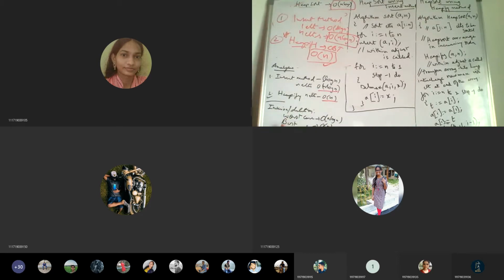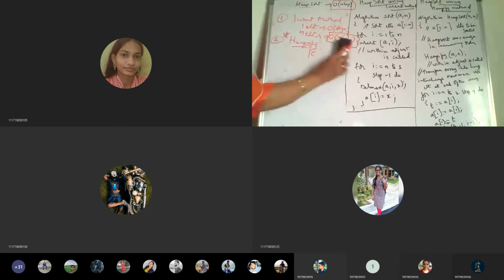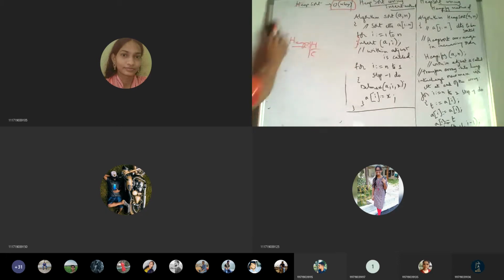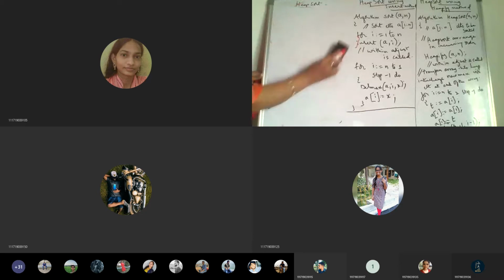For deletion and insertion, this is the maximum we get and this is the minimum we get. We get the maximum in the worst case, and the minimum in the best case. So remember the worst cases and best cases also. This is about the time complexities and the procedures we are going to see.